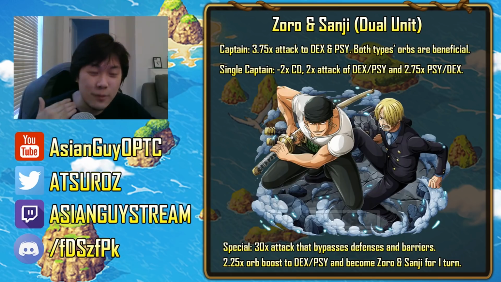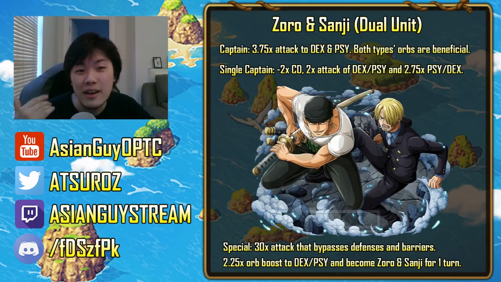So I can see this free-to-play unit with some rare recruit subs clearing a lot of content. So that's just something you have to wait and see on. The 2.25x orb boost obviously is no joke. And the one downfall of this is that Zoro and Sanji only last for 1 turn. So the dual mechanic, they only become Zoro and Sanji for 1 turn, which is a little bit lackluster compared